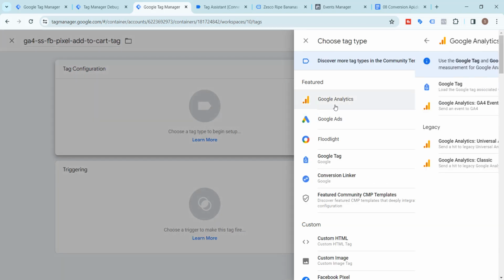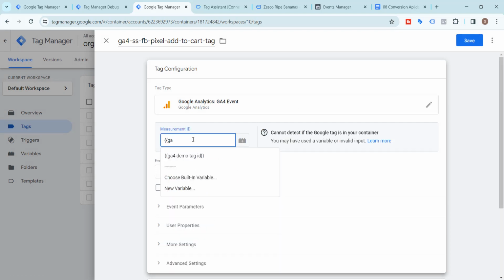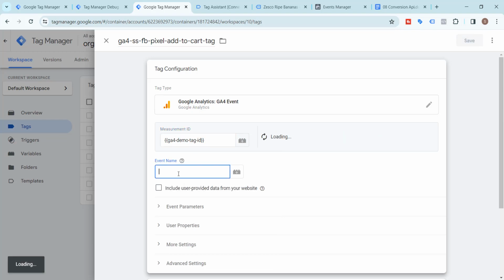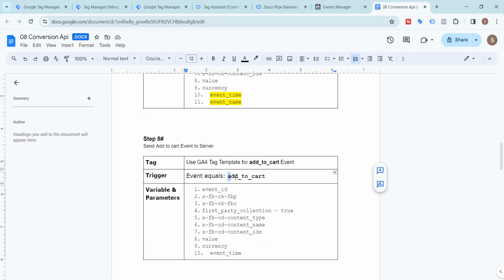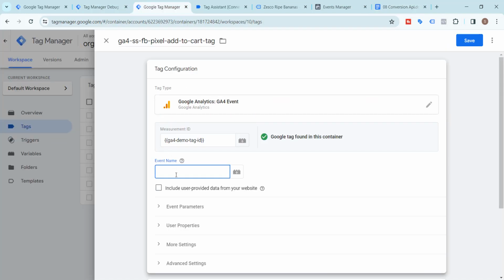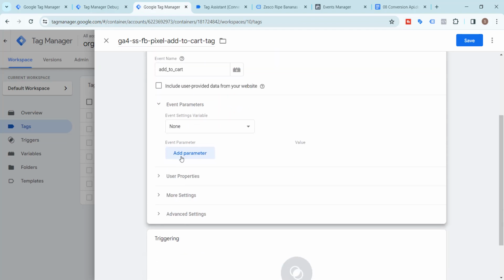The tag will be GA4 event and measurement ID is GA4 demo tag ID. Event name should be add to cart. You have to copy it as it is, and the event parameter,